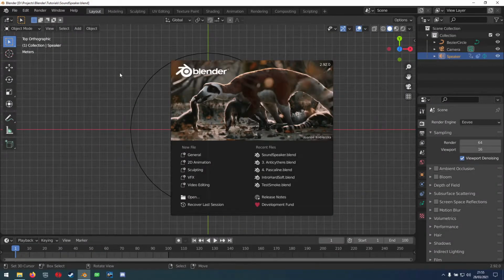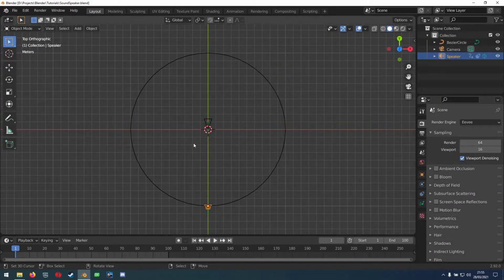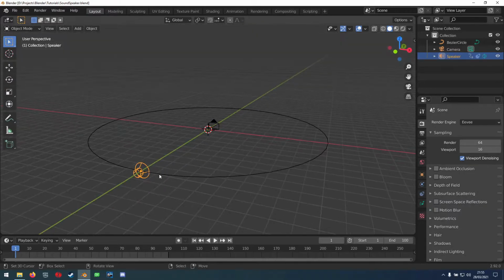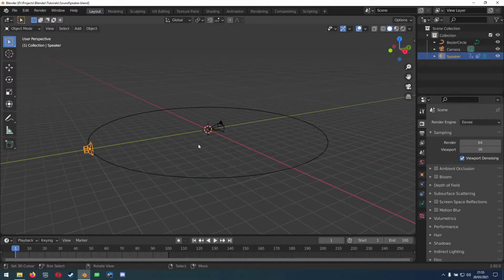Hi all! Today we're going to see how to use sound speakers in Blender. Sound speakers are used to spatialize sounds in a 3D scene, and it's an easy way to create immersive sounds